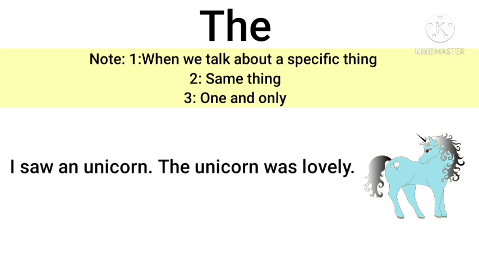Second example. I saw an unicorn. The unicorn was lovely. In the first sentence, we talk about the first thing. I saw an unicorn. But in the second sentence, we're talking about the same thing again. In the first sentence, we talked about an unicorn, the first thing, but in the second sentence, we talked about the second